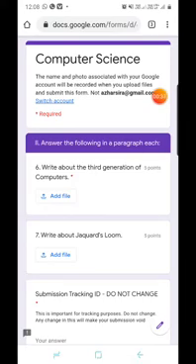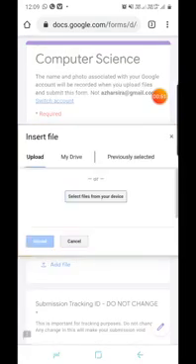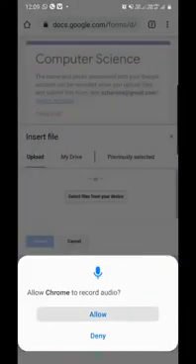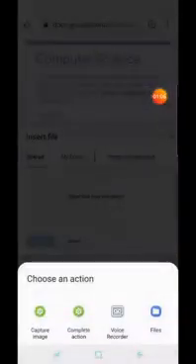After writing, for example, I am showing you here. Now I have written the answer for the 6th question. So soon after writing the 6th question answer, you have to tap on the add file button. Now I have tapped. Then it will ask you to select a file from your device. Click on this option, select file. It will ask you to give allow, then give allow. Then after this,